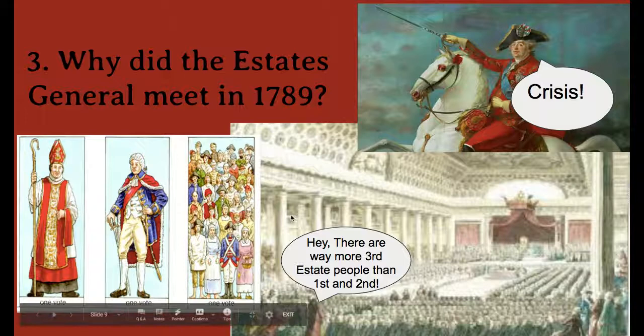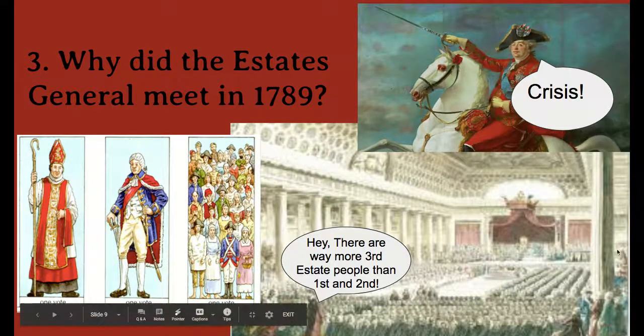In this meeting hall, the king sat up here on this balcony under the little canopy. On his right was the clergy, the first estate. On his left was the nobles, the second estate. And out here was the third estate. They were largely not given chairs to sit in. They were required to wear all black. They were welcomed into the Estates General last, being forced to wait in the rain while the king greeted members of the first and second estate as they came in.